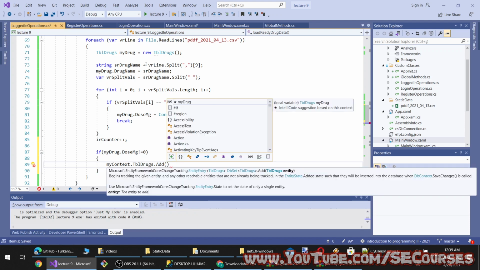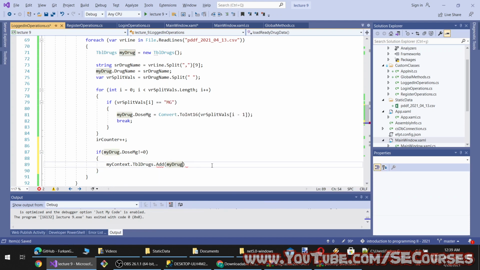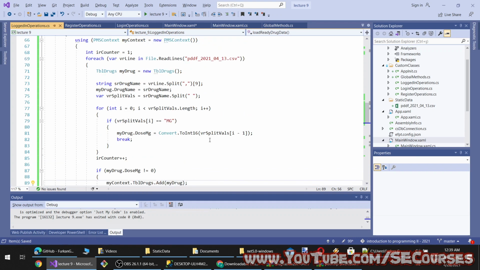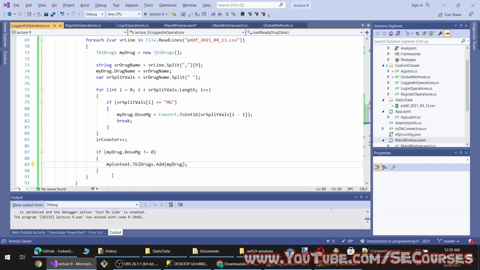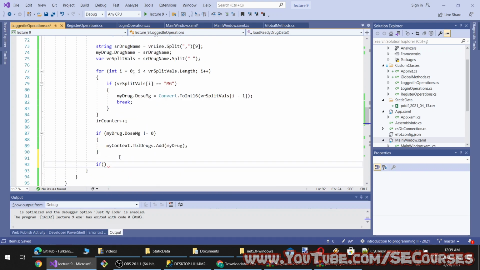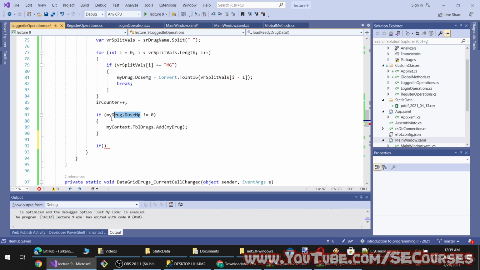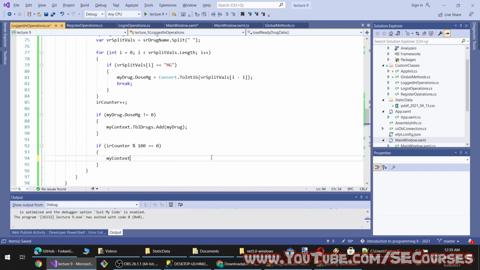So I will just simply add my drug. And for each 100 items, so if our counter is equal to, or let's say percent like this, I will just call save changes.